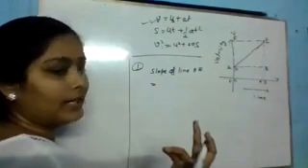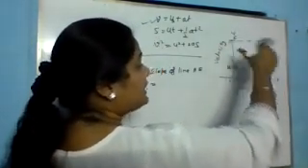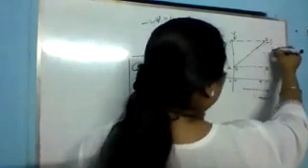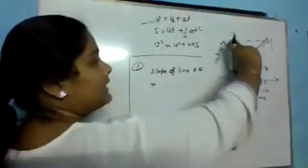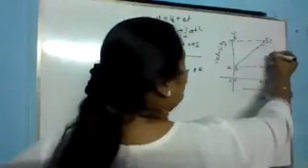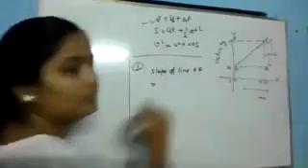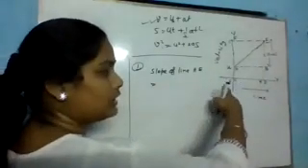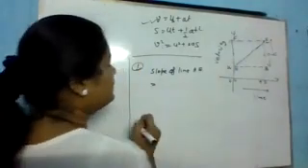Now, how can we find the slope of line AE? Change in the y-axis upon change in the x-axis. Okay. So this is the change. Now you can see this is U and this is V. So what is the value of EB? This is V minus U. Change in velocity is V minus U. Okay. And at time t equals 0, the velocity is U. At time t equals t, the velocity is V.